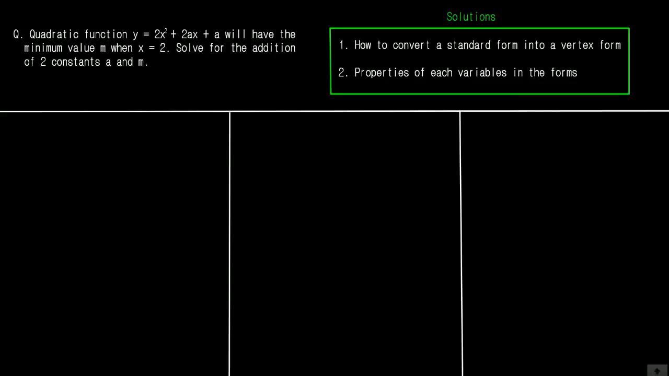The quadratic function y is equal to 2x squared plus 2ax plus a will have the minimum value m when x is equal to 2. Solve for the addition of two constants a and m. At first, let's think about the two cases in our quadratic function, but they're all defined by one thing which